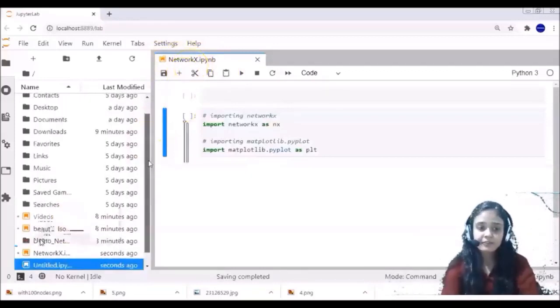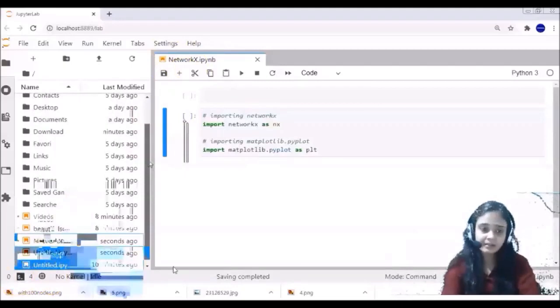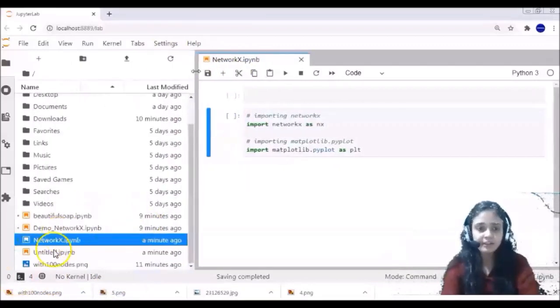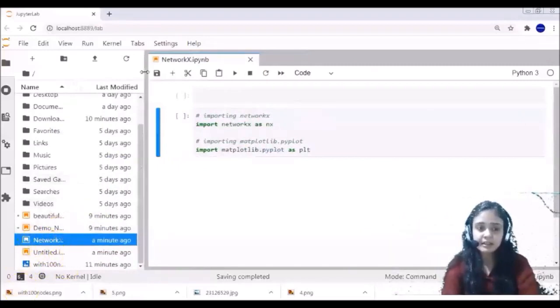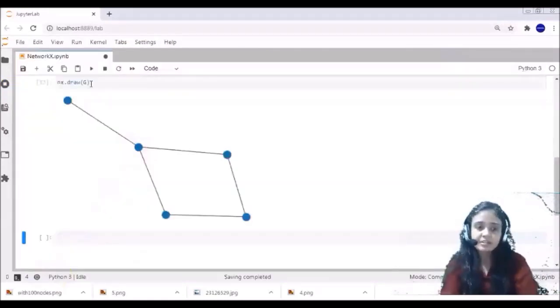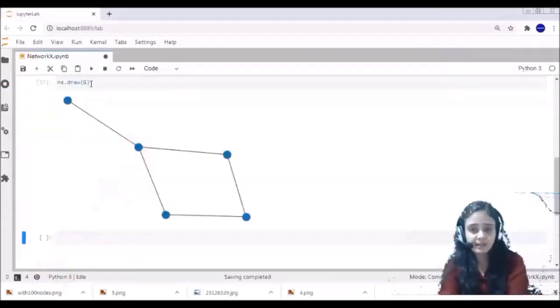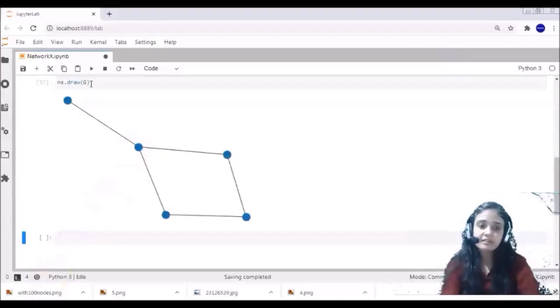In JupyterLab, whatever file you are storing will be shown in the left hand side panel, which is the list of different files and folders. So keeping it till here, we will continue this NetworkX library in our next session.